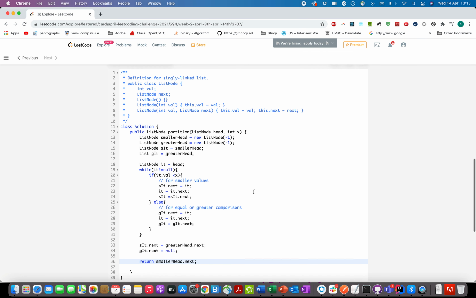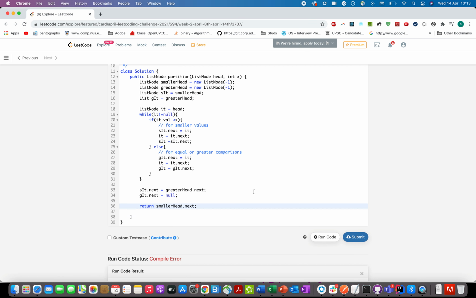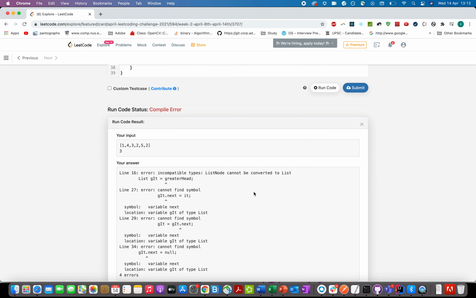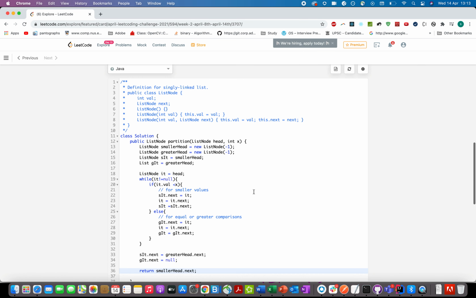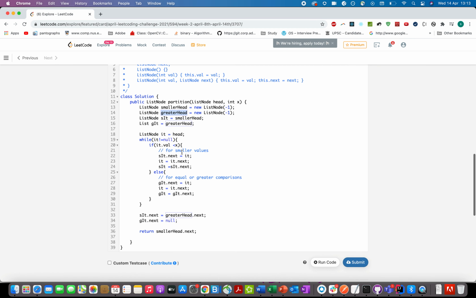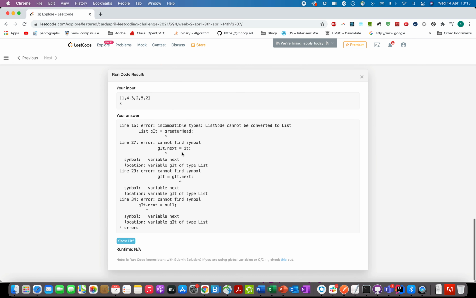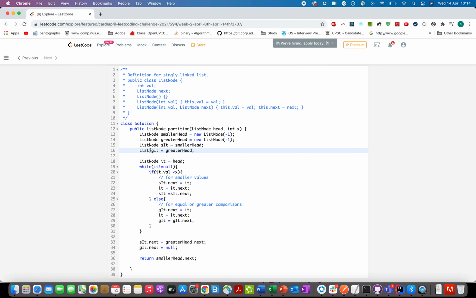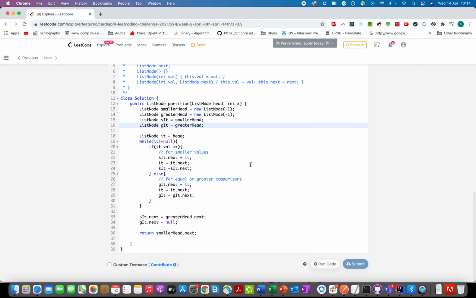Let's try this out. Oh, this should be list node, sorry.